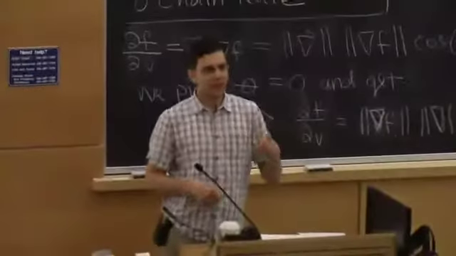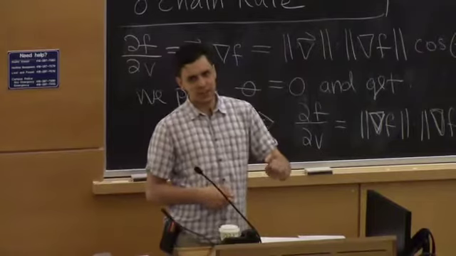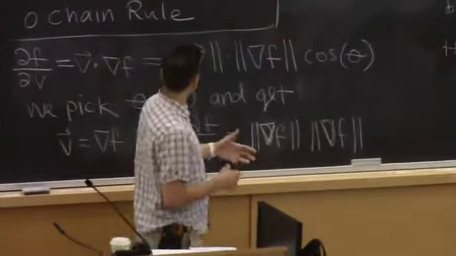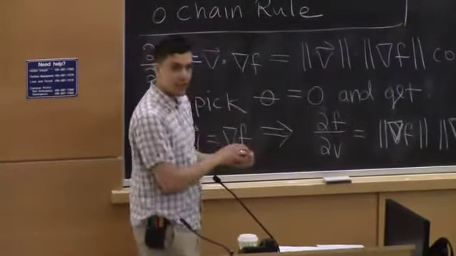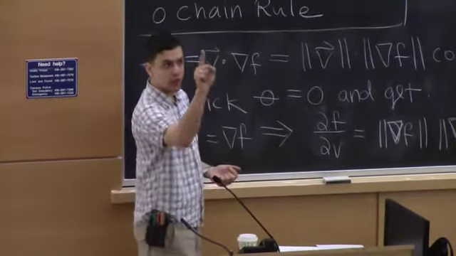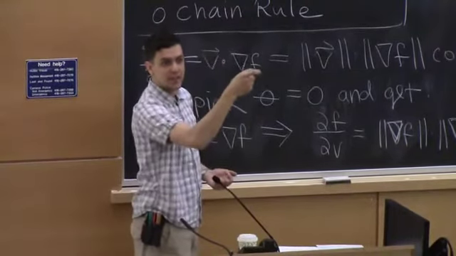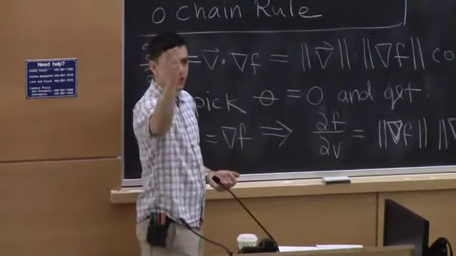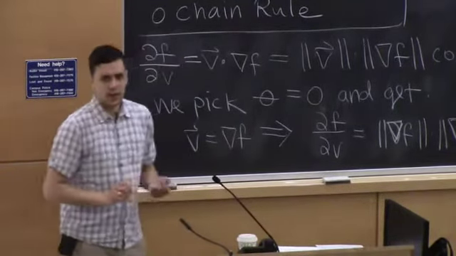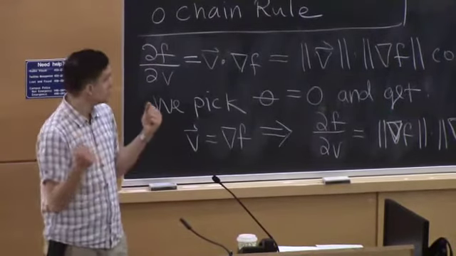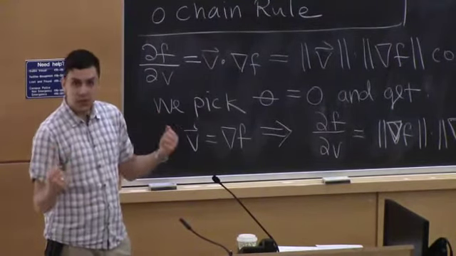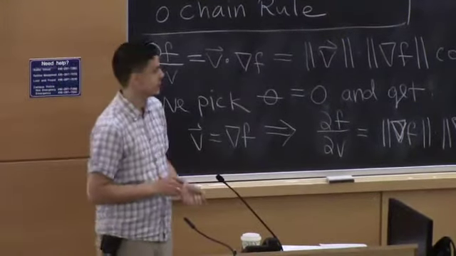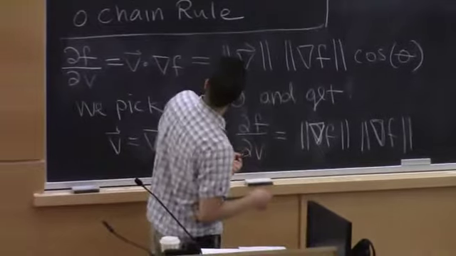So if you wind up being a data scientist, you'll learn about a technique called gradient ascent, which is where you want to maximize some function. You've got some function f, and you make it larger and larger by always following the gradient. So you can estimate for a data set a gradient at a point, and you make your function larger and larger by following the gradient. Okay? And on homework 3, if you want to do some rock climbing or some mountain climbing, we do mountain climbing using gradient ascent as well. Okay, very good.